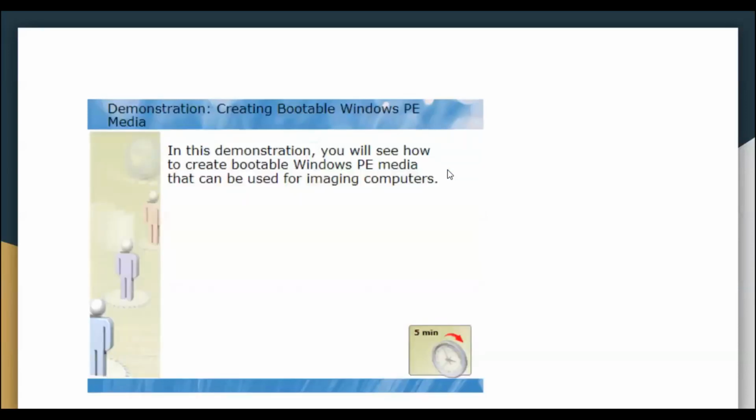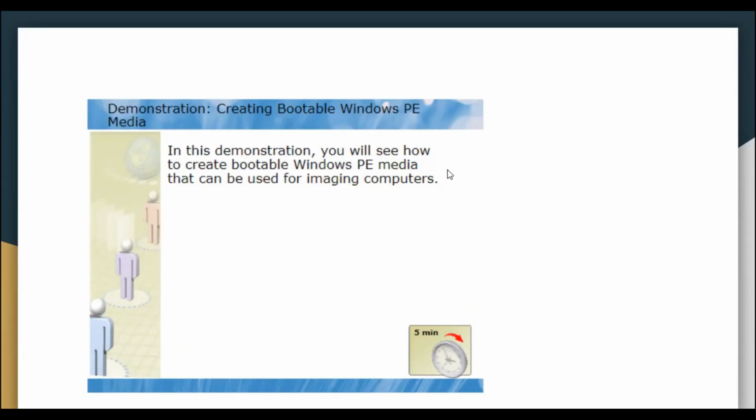So creating a bootable Windows PE. Windows 7 and Windows Server use Windows PE. Windows PE is a bootable startup environment that provides operating system features for the following, like installation. When you install Windows 7, the graphical tools that collect system information during the setup phase are running within Windows